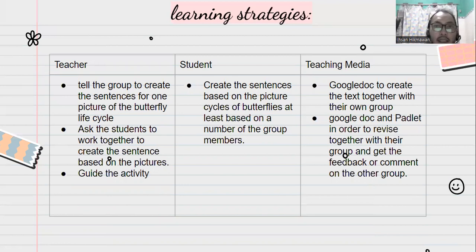and then the sentences will be created by the groups, at least based on the number of group members. If the group consists of 3 members, at least they make 3 sentences, one member, one sentence. Because there are 4 pictures, one member will create 2 sentences, or the remaining sentence will be created together,